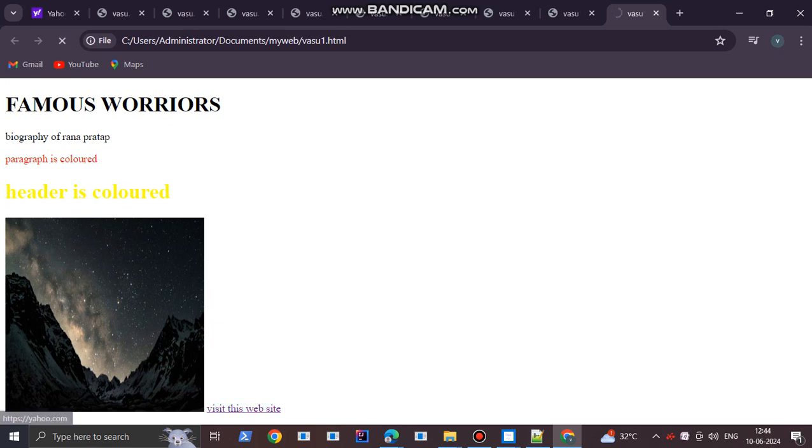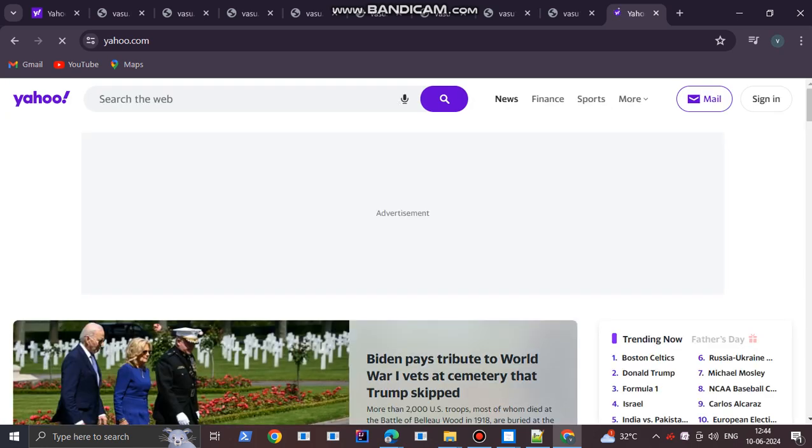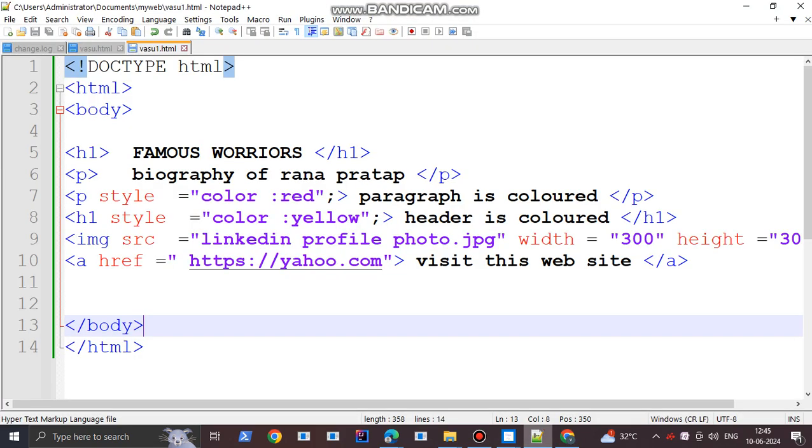If you click here, you will be able to see that website, yahoo.com, because I have given the https yahoo.com address as the hyperlink. Whenever you keep your mouse here, you will get the hand symbol, and when you click this, you will visit that website.